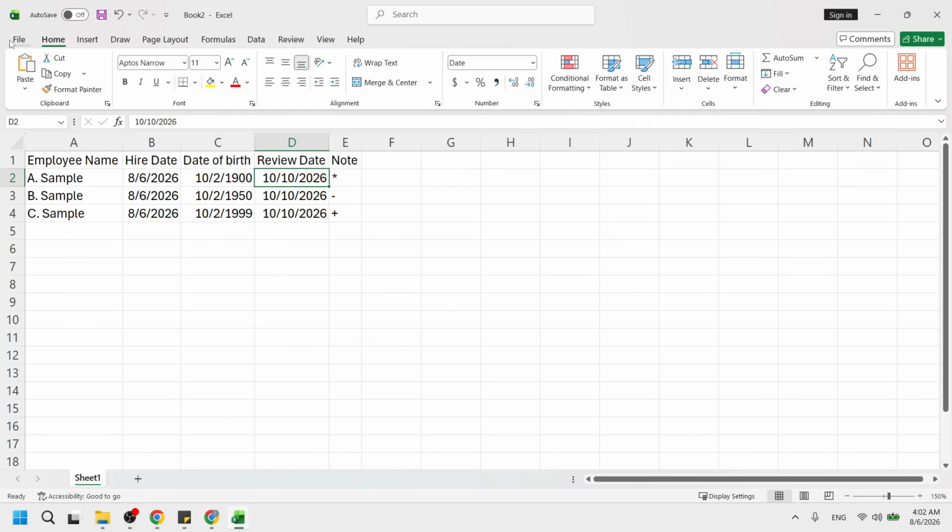Next, open an existing workbook. Use the list of recent workbooks if you see the file there, or browse to find it on your computer. Once the workbook opens, confirm that you can see the sheet that contains the data you want to filter, usually laid out in columns with headers at the top.